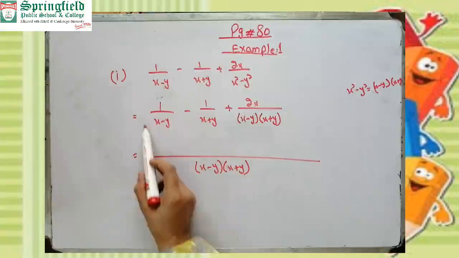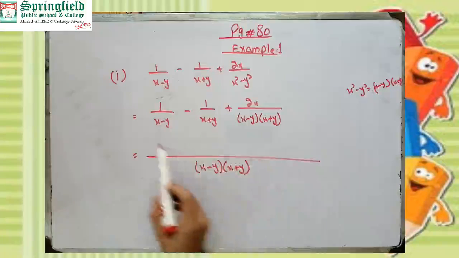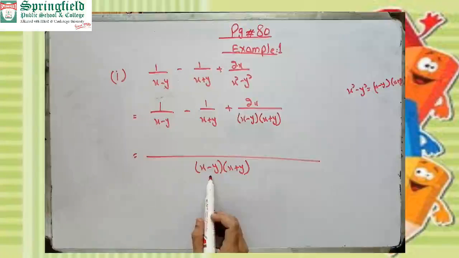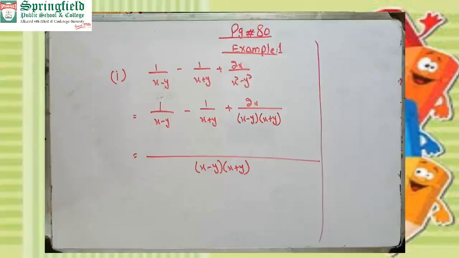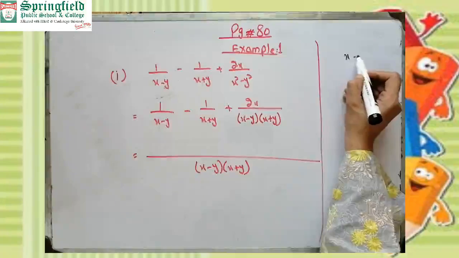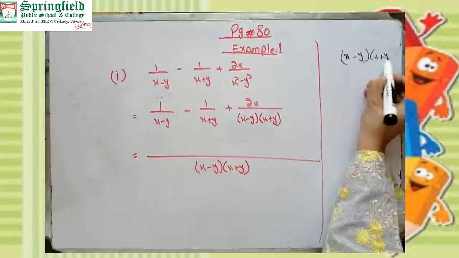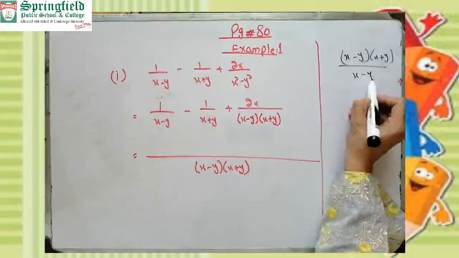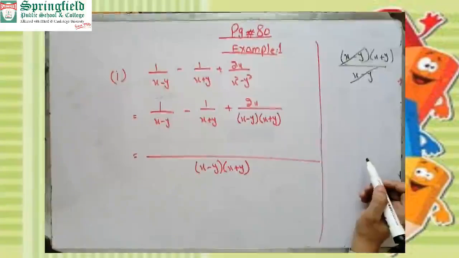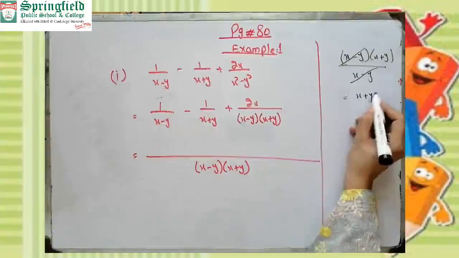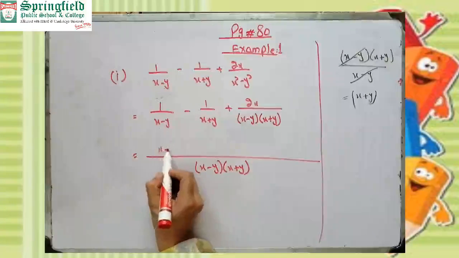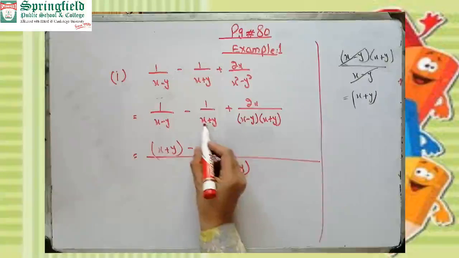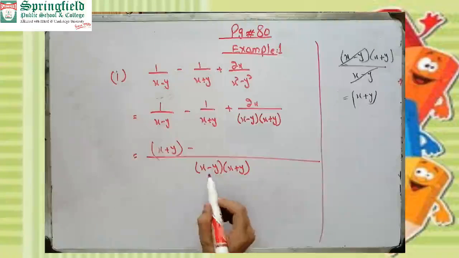Now, as we know, this is how we can convert the small fraction into the long fraction. First, (x minus y) divided by (x minus y)(x plus y). So what will be the answer? (x minus y)(x plus y) divided by (x minus y): x minus y can be cancelled, so x plus y is obtained. Then x plus y will multiply with 1. So x plus y can be cancelled with the x plus y, and just x minus y will be obtained.